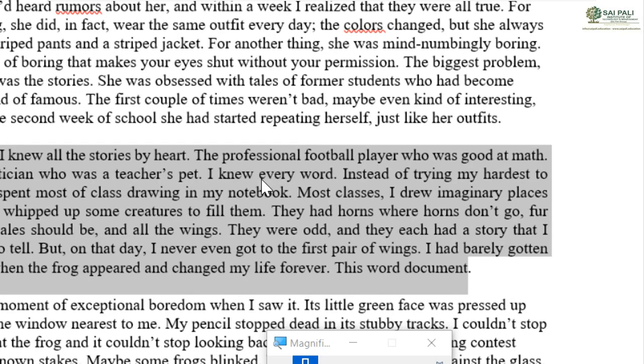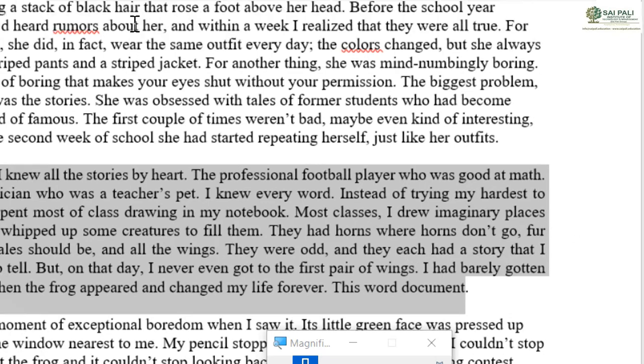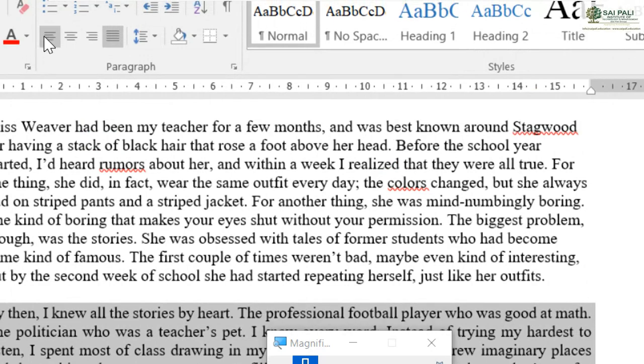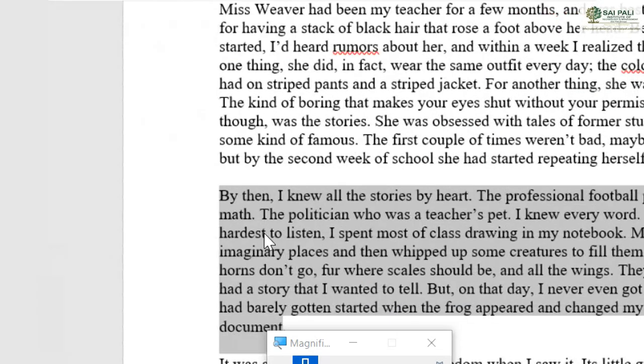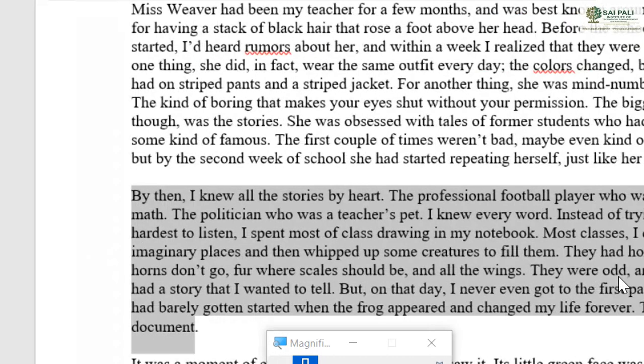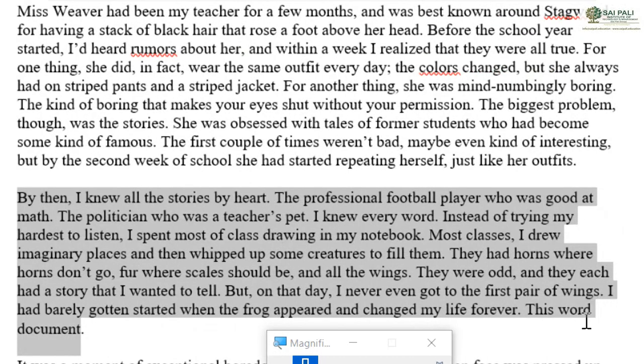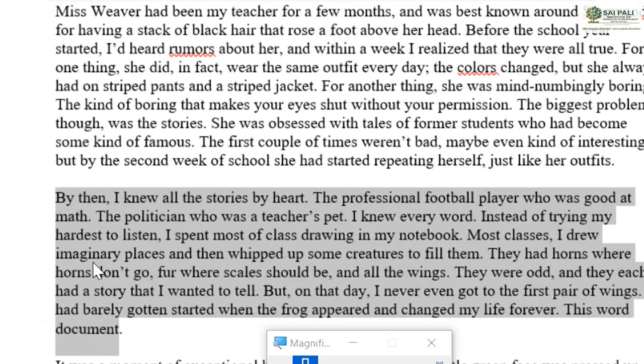So it increases and decreases the space to fit the word into that line. But if you go for left or right alignment, it will not care about the other side. If you align from the left side, it does not care about the right side. If the word cannot fit, it will start from a new line.